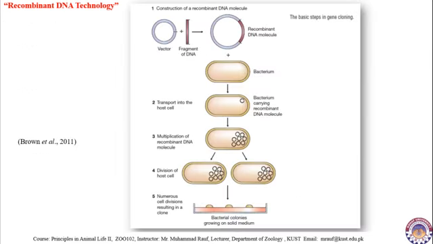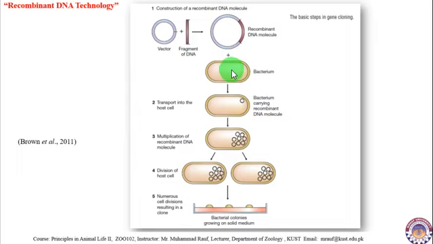Here you can see the process. This is a vector, a plasmid, and this is the gene of interest. The vector is cut with the help of restriction enzymes, and when a slot is created, it is usually filled by the gene of interest. Ligase enzyme is used to seal the ends, and then this recombinant molecule is introduced into a bacterium, and if